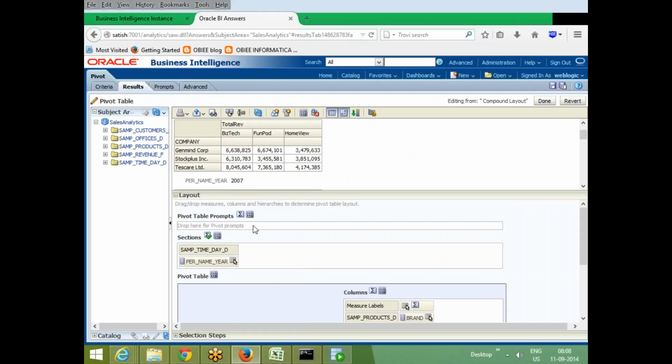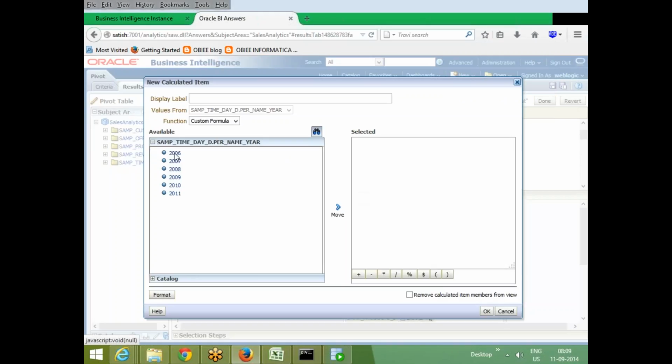Now in addition to this, if you select every column, you will see a lot of properties: format headings, format values, hidden. If you don't want to show this column in this place, you can say place value in new row, so whatever values come here will be placed in a new row. And there is new calculated item, which we already know is for summing up whenever you have two values. So now I want to show 2002 plus 2006 plus 2007 together. Right now it is showing